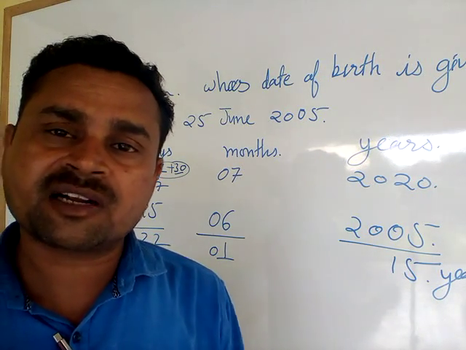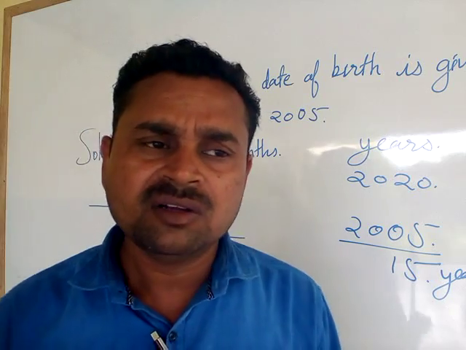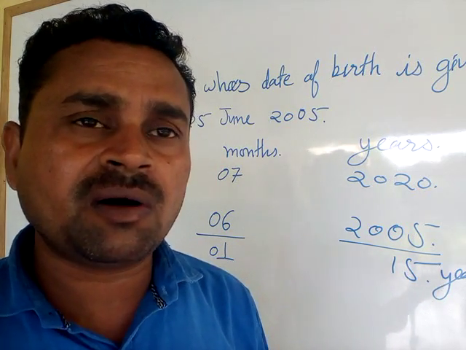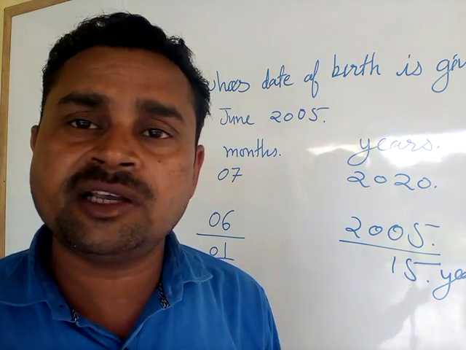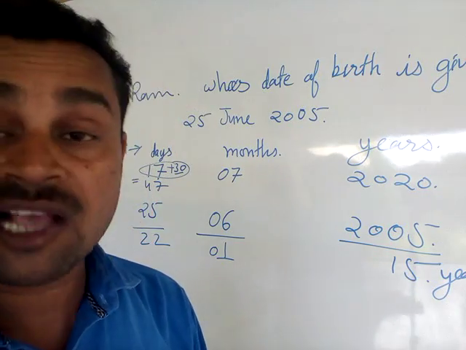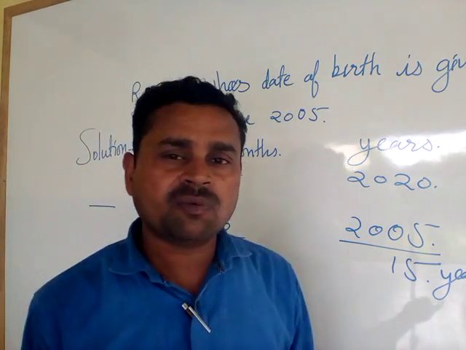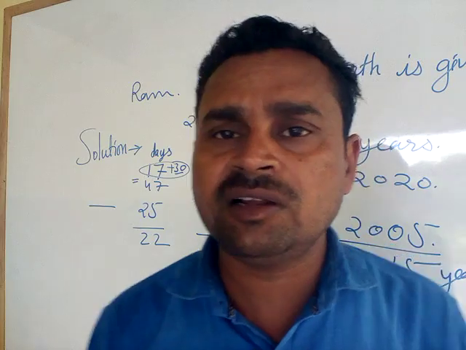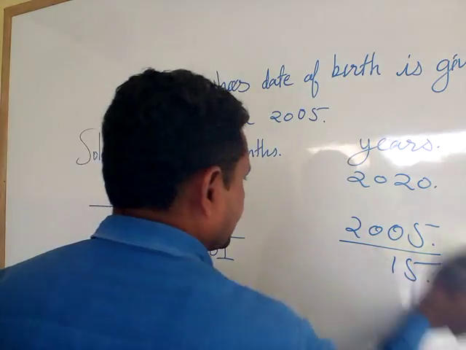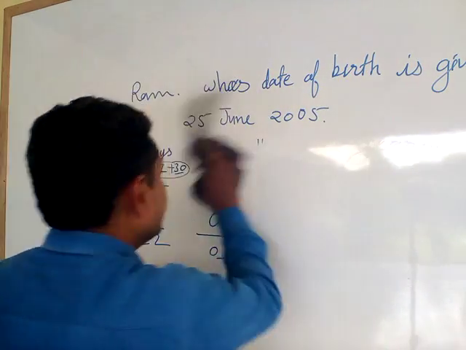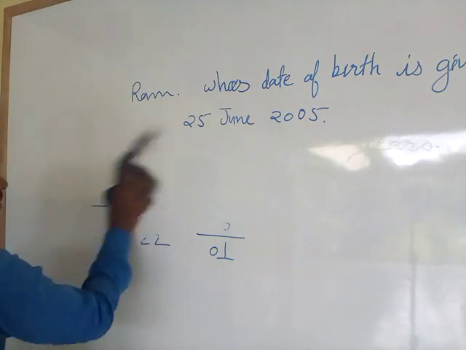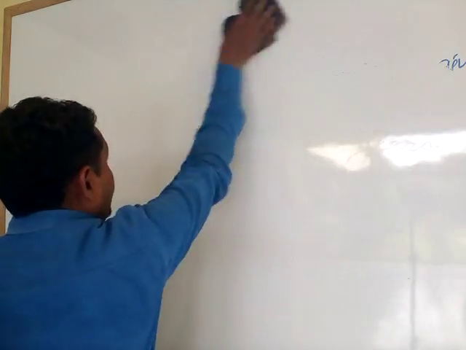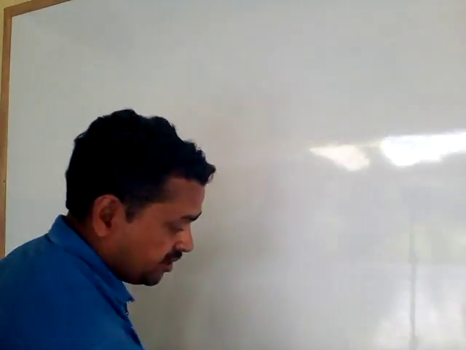So this is a very interesting method for all the students who are waiting to learn how to find and calculate the age of any person. Next, you can take another example, and with its help you can understand very easily. Wait for some time. Today you will surely learn, 101%, how to calculate the age of any person.